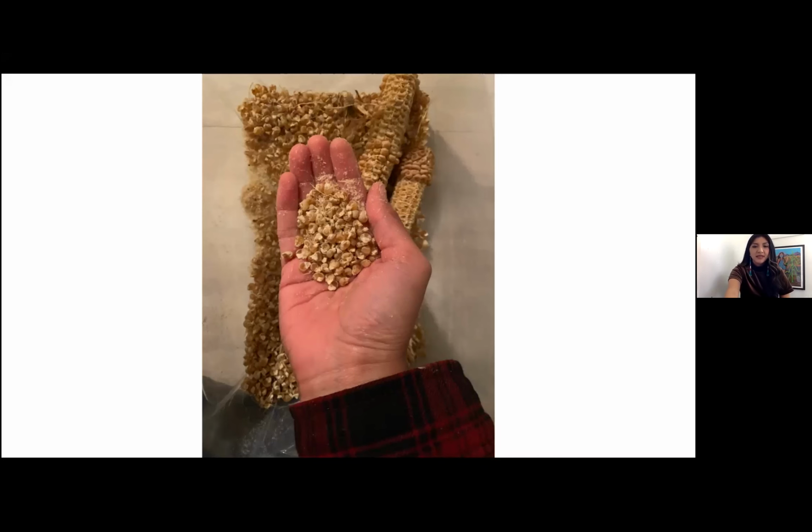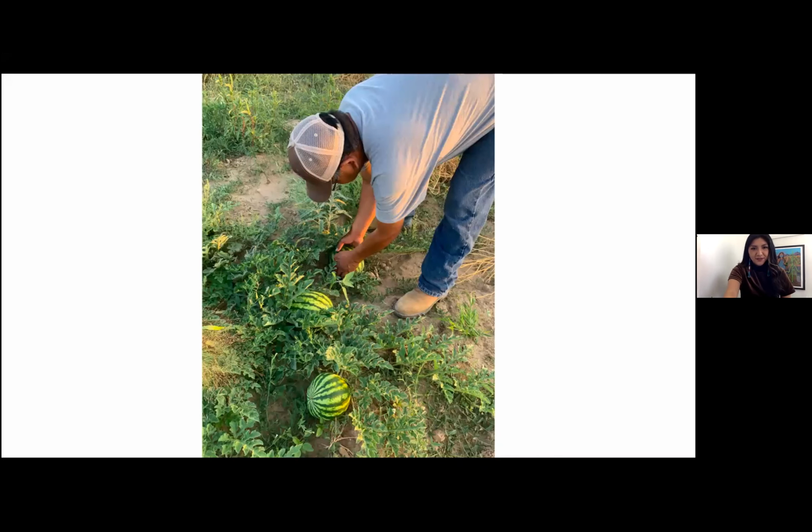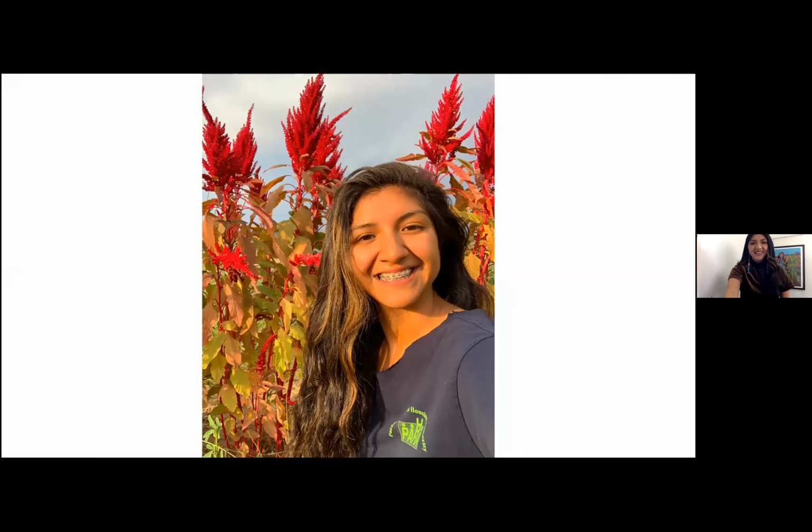So let's see. Oh, I started with this photo. That's my dad. This is me with the amaranth, which was one of my main focuses this past season, in terms of seed. I just realized her abundance and wanted to share or reintroduce this seed to our community. And please tell me when I am running out of time.